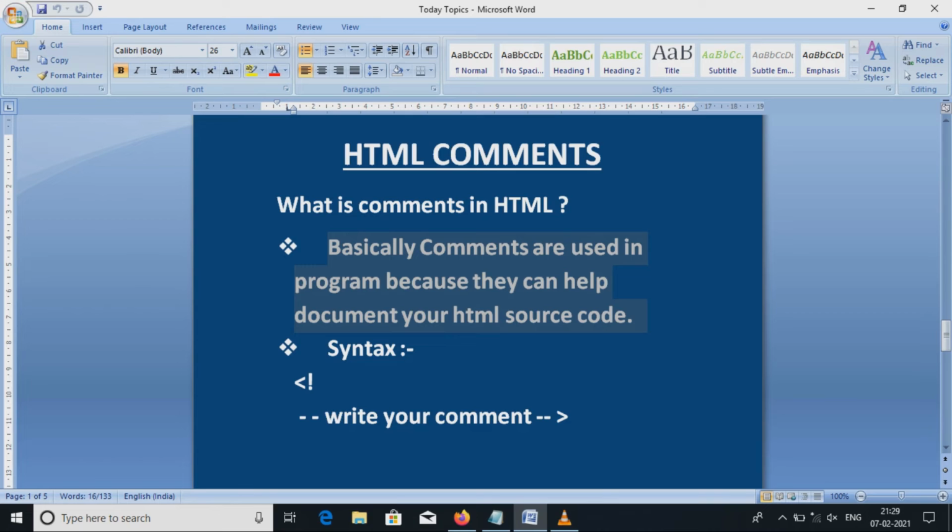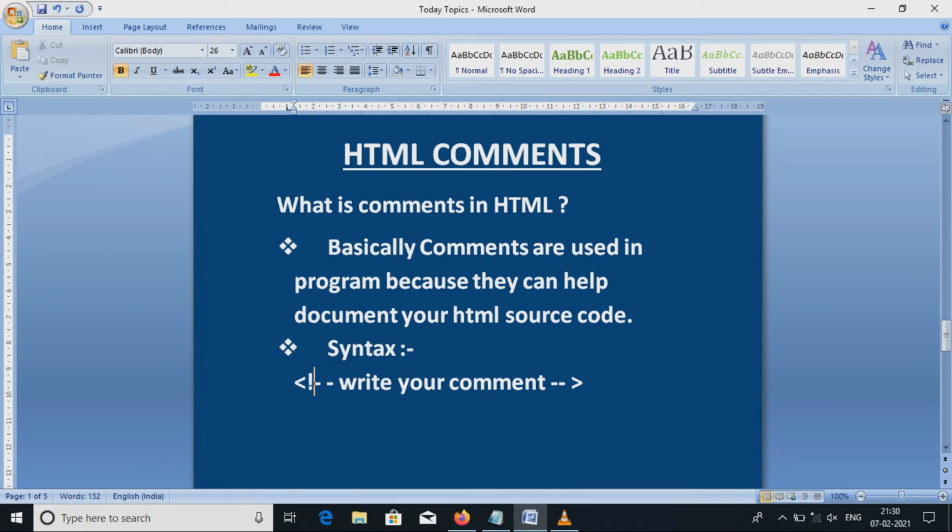Basically comments are used in a program that can help document your HTML source code. Basically we use comments in a program to describe the programming structure and information given by the programmer to another unknown programmer, and it can help in maintaining the source code and debugging any error in the program. So basically comments are very useful in programming.